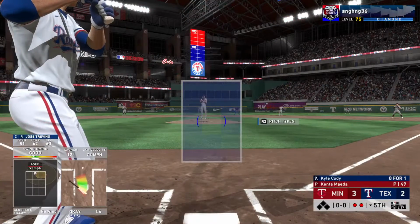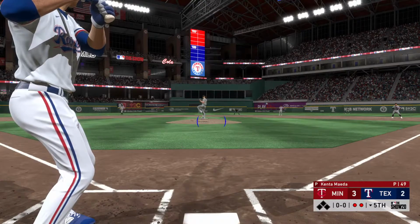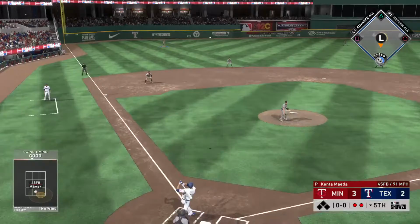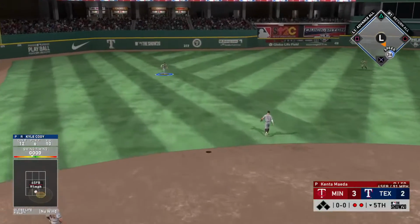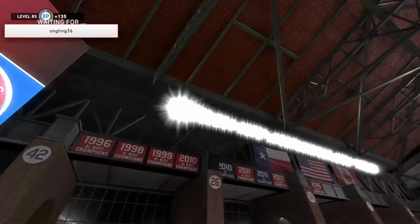Stepping up now, Kyle Cody. Hit it hard but lined out in his first at-bat. Yeah, pretty unlucky right there, Matty. Squared up a fastball nicely, and that's all you can do. You just want to be on time for the... Well, the left fielder's on it, and that retires the...